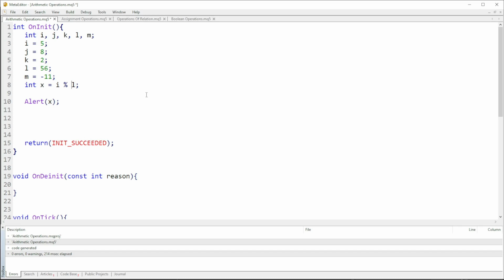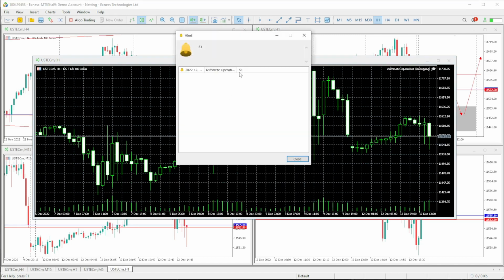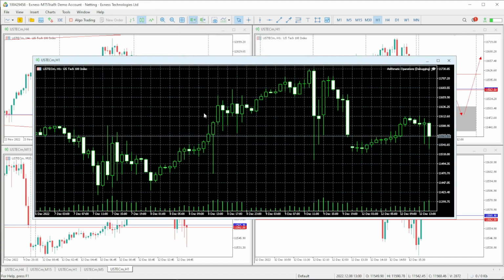So for example, let's say we have this right here. So I is 5 and L is 56. So if we just do a simple subtraction, we should get the value of I, which is 5 minus 56, which should give us negative 51. So if we basically run this code, we should get a negative 51 as an answer, as you can see there. So these are just